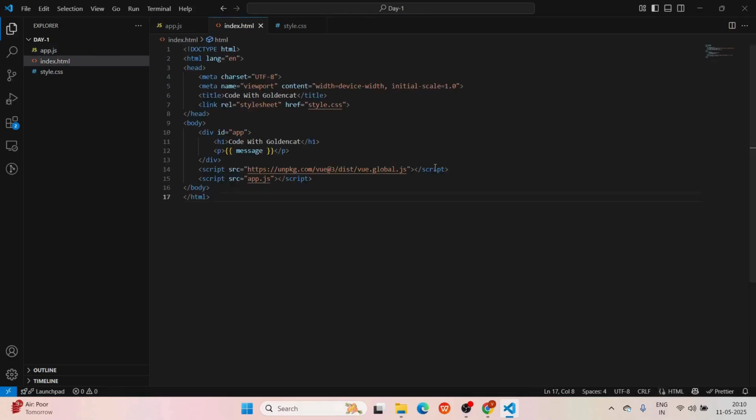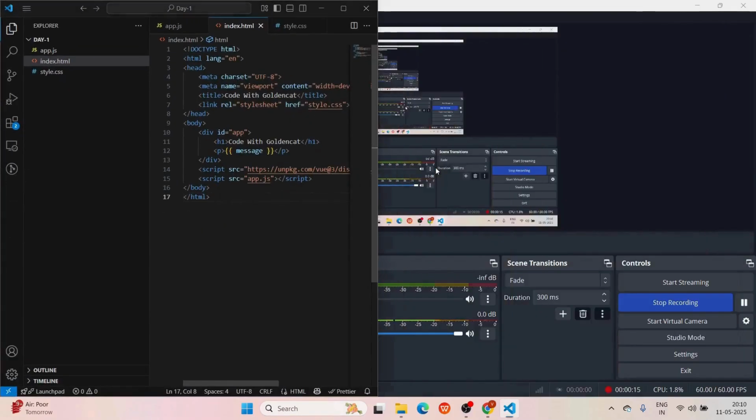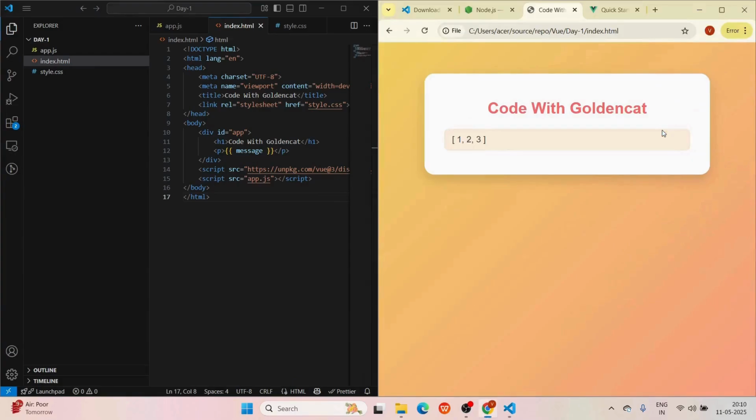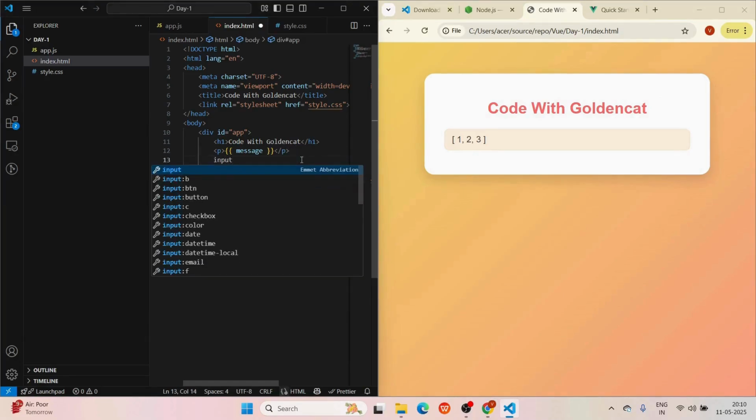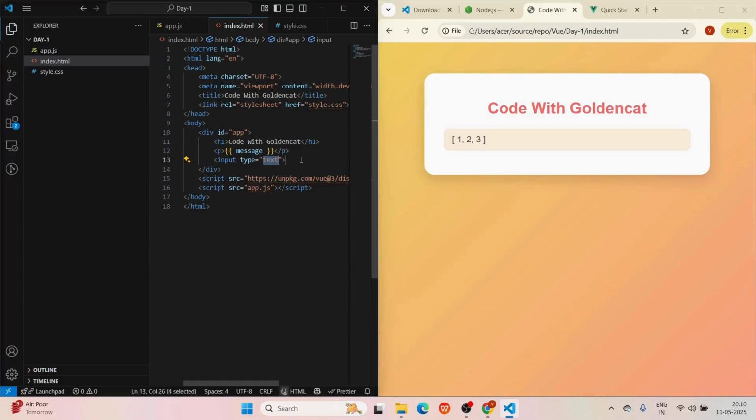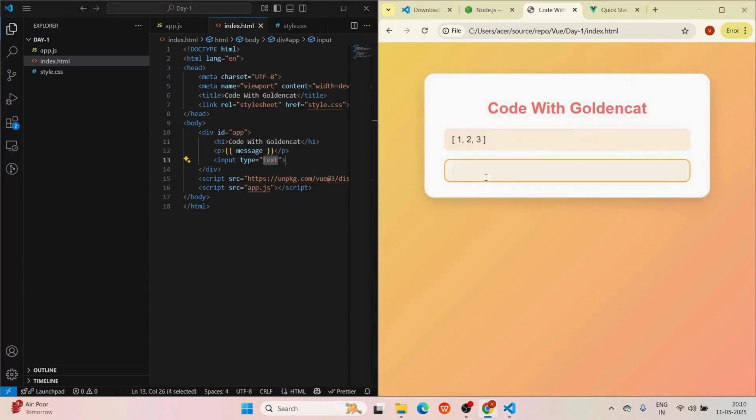So let's go back to our HTML page and let's make it take half the screen, and we can open the other half with the browser. Now here, suppose I add an input tag and then reload our page, we have an input box here. Now what if I want to add some default value to this input box? So how I can do that is I'll use an attribute called v-model that comes with Vue only, and then